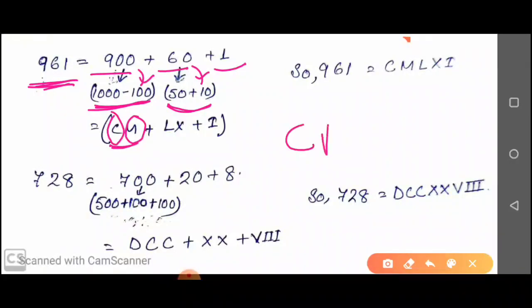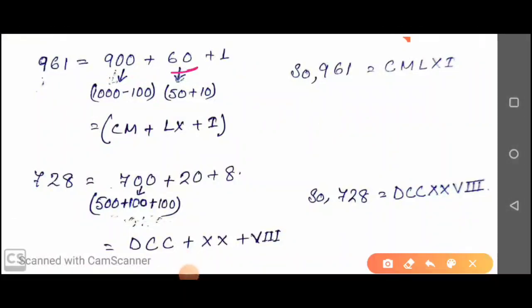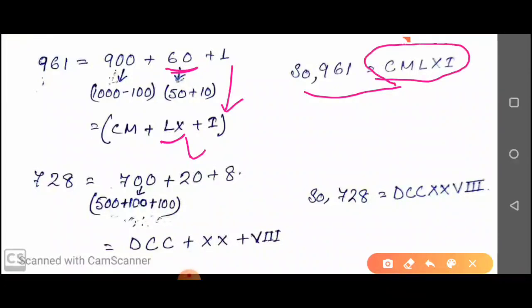Whenever we write CM, the value of C will be subtracted from the value of M because C is smaller than M. For 60, we have to write LX so that the value of X will be added to L because X is written on the right side of L. And for 1, this I is written. So 961 can be written as CMLXI. The next number is given